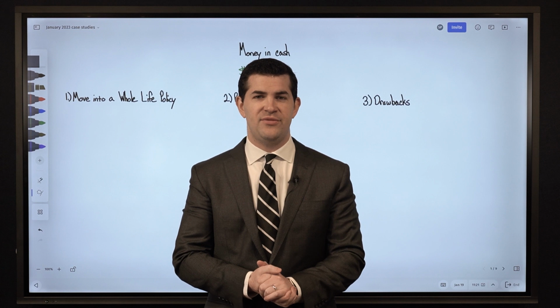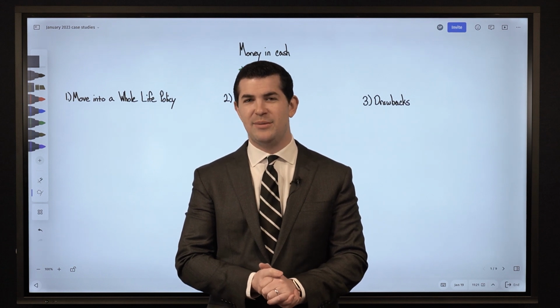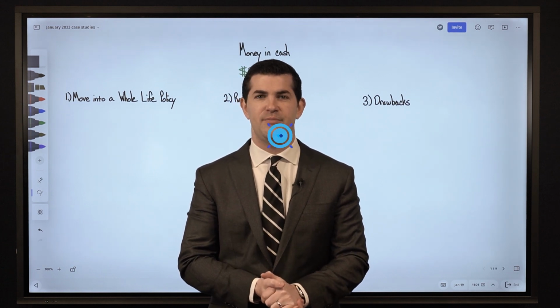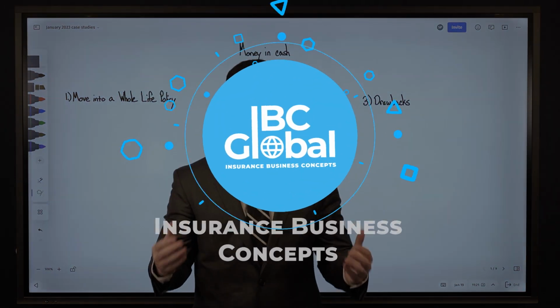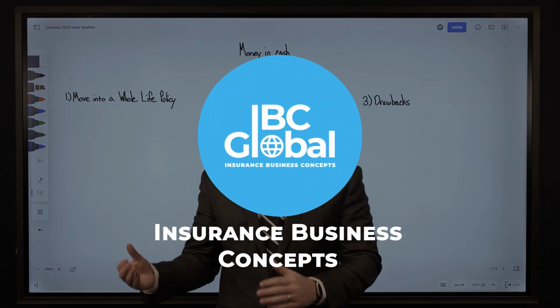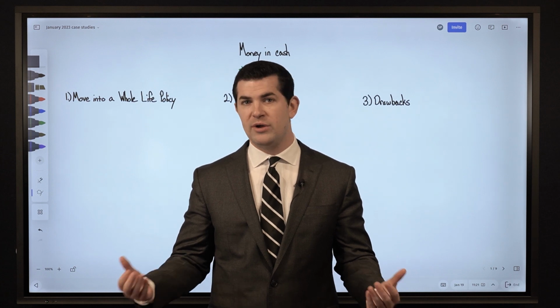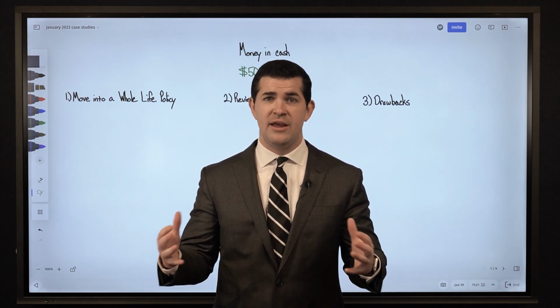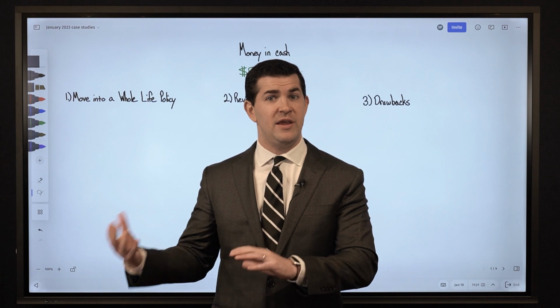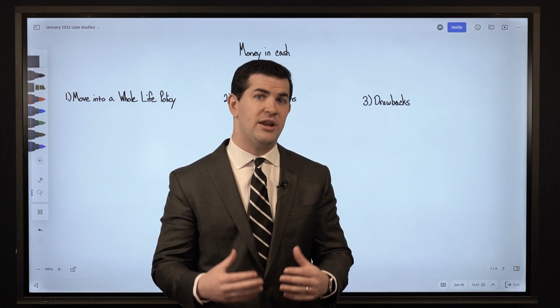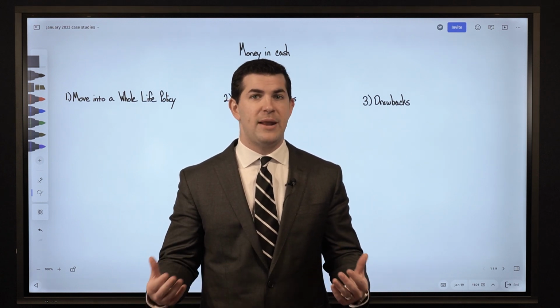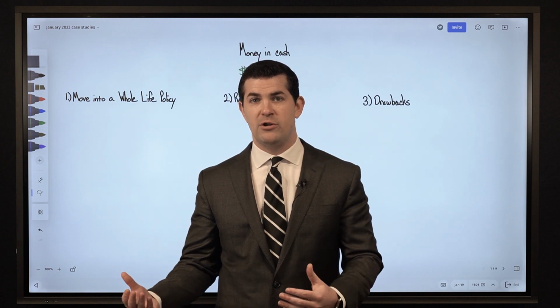The topic for today's video is reviewing different assumptions in a whole life insurance policy. When I say reviewing different assumptions, what I am referring to is reviewing different crediting rates. So if you're interested in a whole life insurance policy, cash value is the primary goal, or you're interested in maximizing it, it's very beneficial to look at different crediting rates.